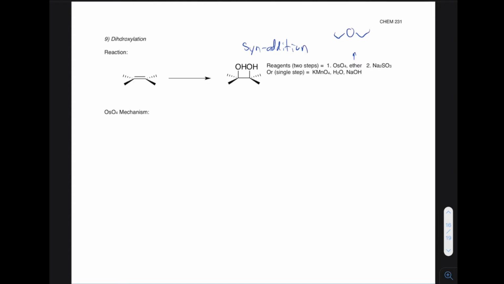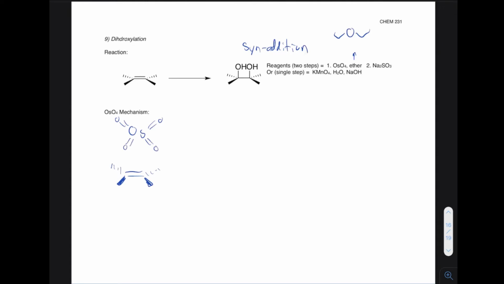And again, this is another case where the mechanism is kind of complicated, but just to show you how the process goes and why it's syn addition to add these two hydroxy groups, we'll take a look at the osmium mechanism here. So what's happening, again, using our flat alkene here, with the bonds pointing towards us and away from us, is the osmium compound, osmium tetroxide,